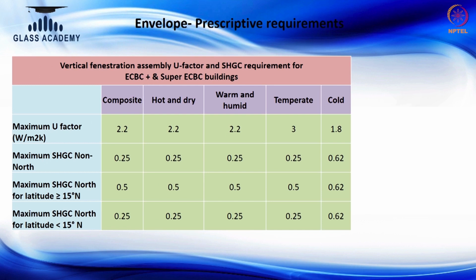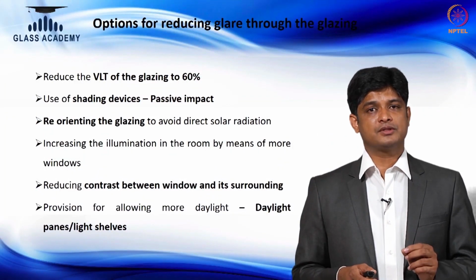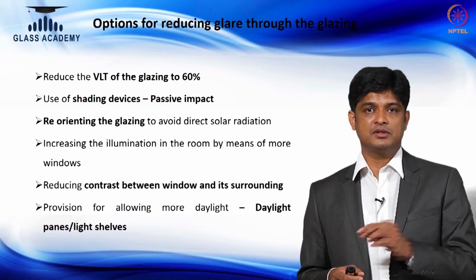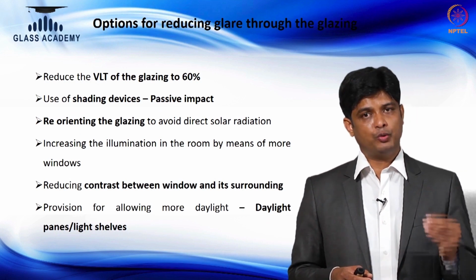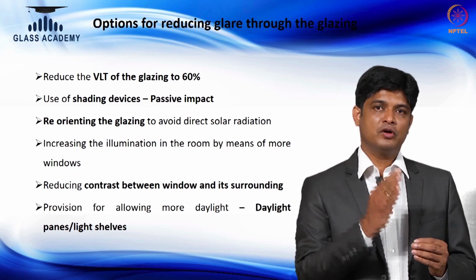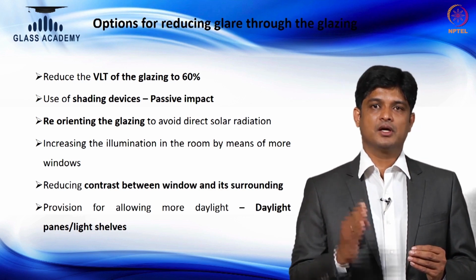Similarly, to achieve ECBC plus or super ECBC buildings, if you want to do it in the design stage, then very precisely the code says the solar factor has to be less than 0.25 for the non-north orientations, see south, east and west. Similarly, you can play with your solar factor for north or based on the location. So the 3 important parameters covered in ECBC, which has reference in your NBC 2016, are the solar factor requirement, the U value requirement and the light transmission requirement for 3 different types of building, which are the basic ECBC, ECBC plus and super ECBC.